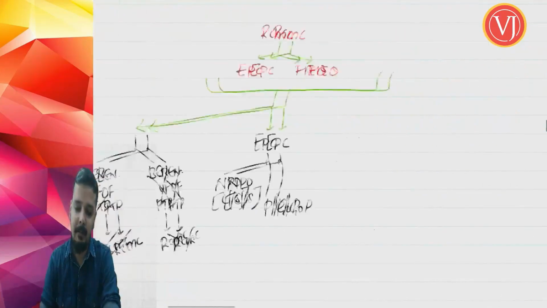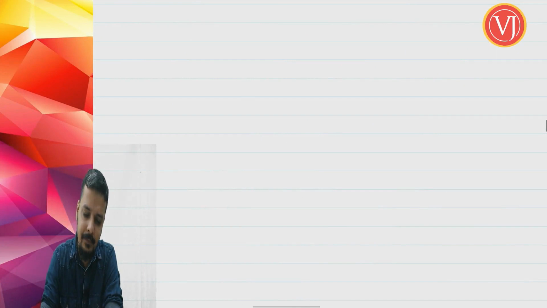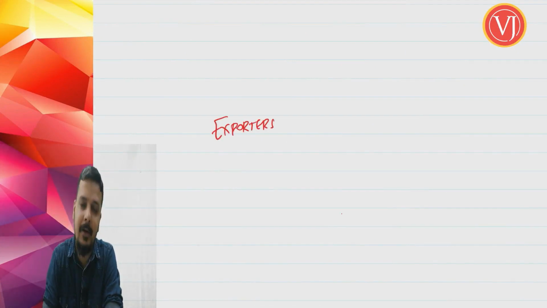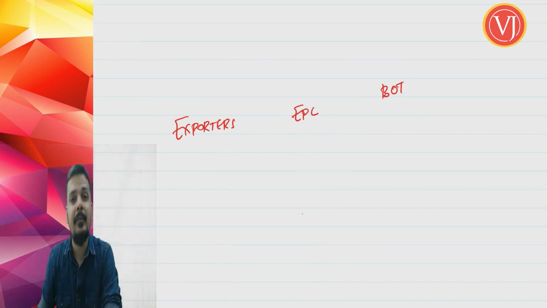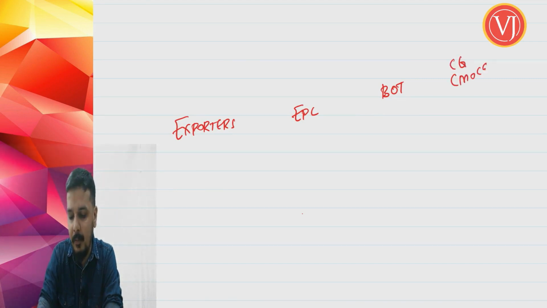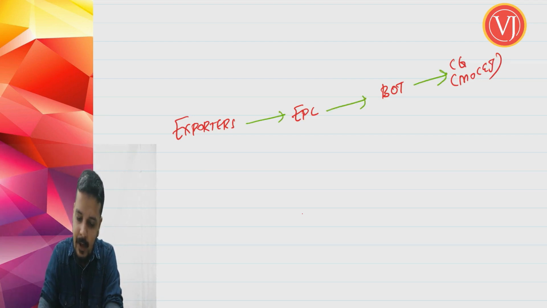If I were to tell it in a very simple way, exporters, whenever they want to communicate something with the government, will communicate with their export promotion councils, and these export promotion councils will be the ex officio members of your Board of Trade, which will further advise the central government, that is, the Ministry of Commerce and Industry when you talk about your foreign trade policy. And this would in turn solve the difficulty of a particular exporter, right?